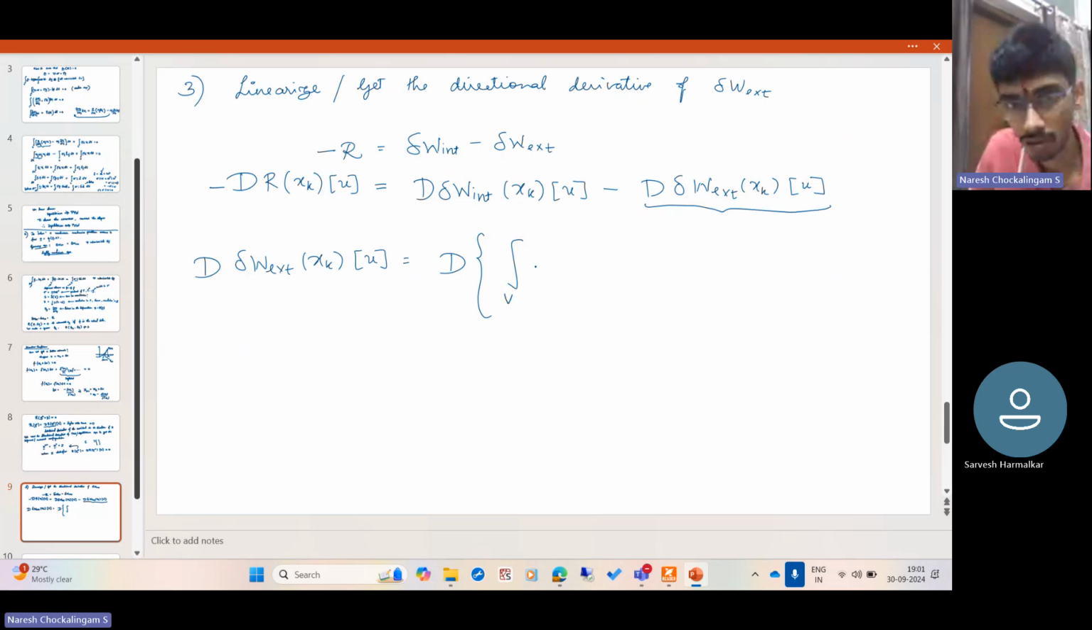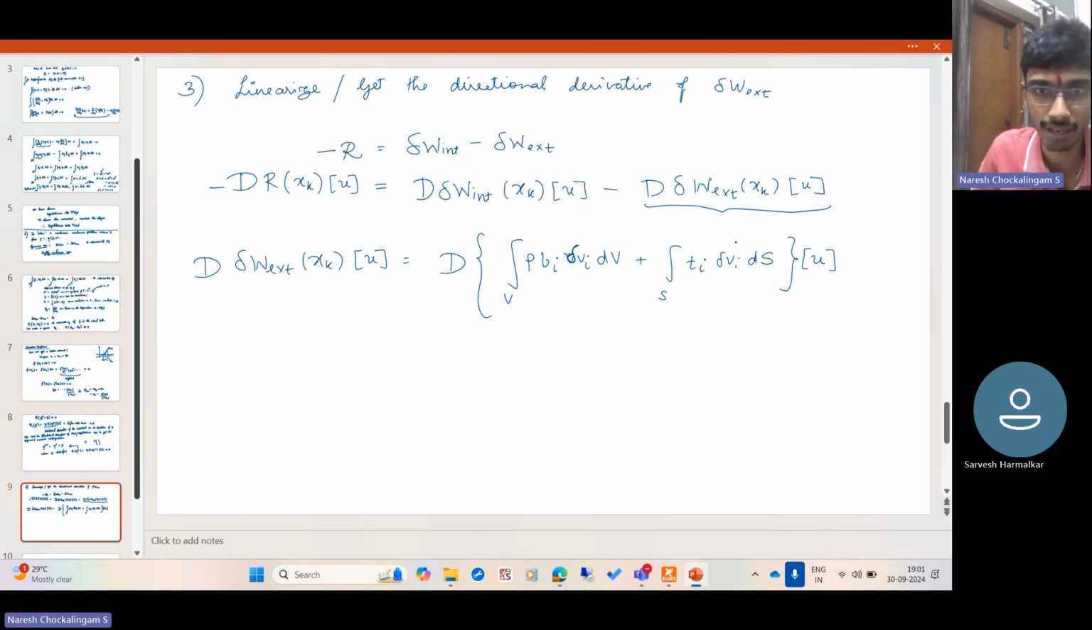Integrated over the volume, rho b_i del v_i dv, plus integrated over the surface, traction del v_i ds. This is evaluated at the point x_k in the direction u. This should be equal to, yeah, this is what we need to get. Now we know that